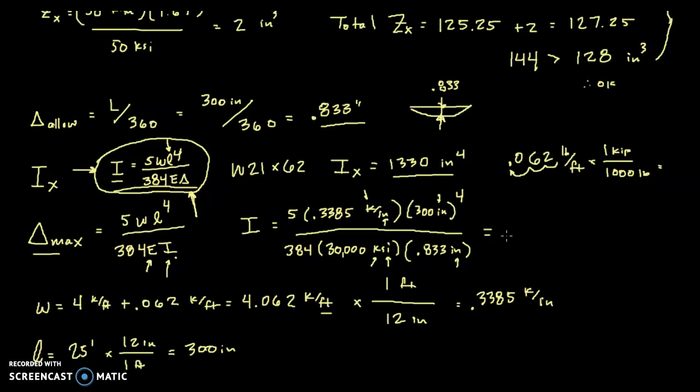5 times 0.3385 times 300 to the 4th divided by 384 divided by 30,000 divided by 0.833 all equals 1,428.6. Let's say 14